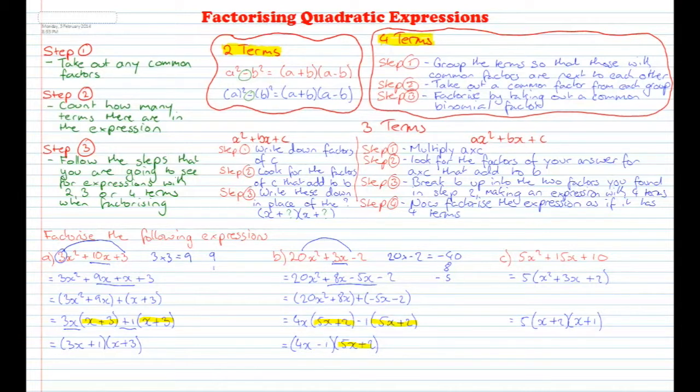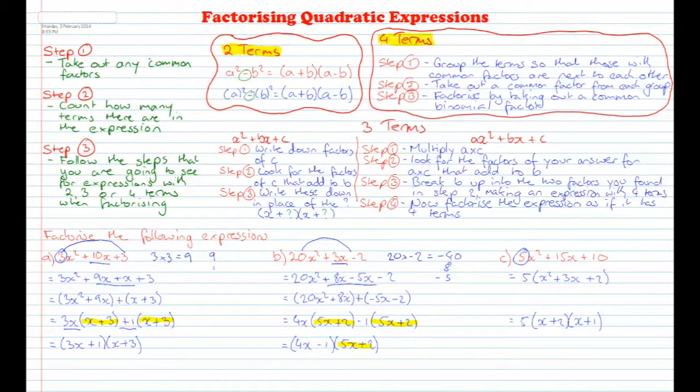Therefore, 20x squared plus 3x minus 2 is equal to (4x minus 1)(5x plus 2). Now part C I've put in there a little bit to trick you, because if you have a look, you've got 5x squared plus 15x plus 10. So at first inspection, what it looks like is we've got an a value because we've got a number out the front. Well, what you need to do is think again, because if you go back to our very first step